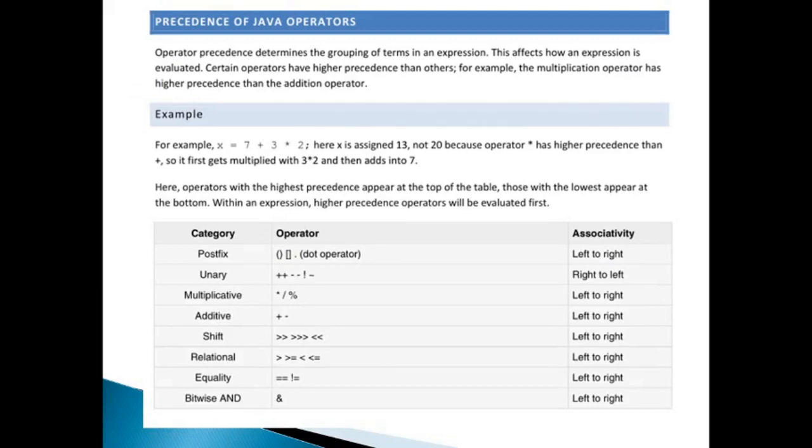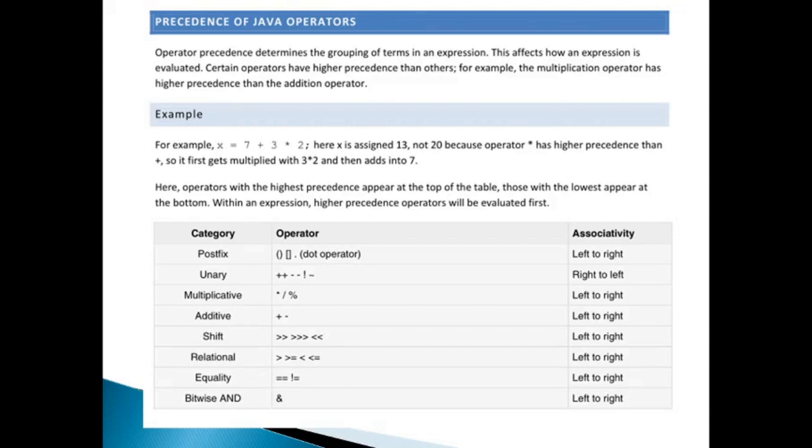Okay, so now we have studied the various types of operators that are used in the Java programming language. Now we also must know the precedence of Java operators. What is precedence? Suppose there is an expression involving more than one operator. Then it has to be executed in some order, like multiplication taking greater weightage as compared to plus or minus. Then there should be proper recognition of the precedence of brackets or other symbols involved.